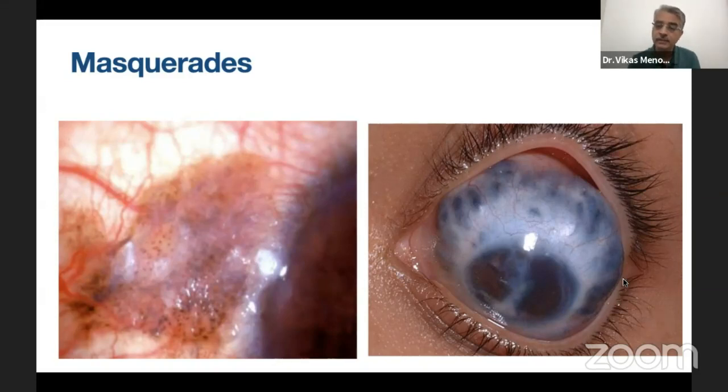Rarely, you may also have a uveal melanoma which has spread out through the sclera, which also may appear similarly at times, and you will see choroidal pigmentation under the conjunctiva that may also mimic a conjunctival melanoma to somebody who has a superficial look at the lesion. So in all these cases, a proper thorough examination and an awareness of pre-malignant conditions like primary acquired melanosis is very important. These cases often go missed in routine OPD practice.